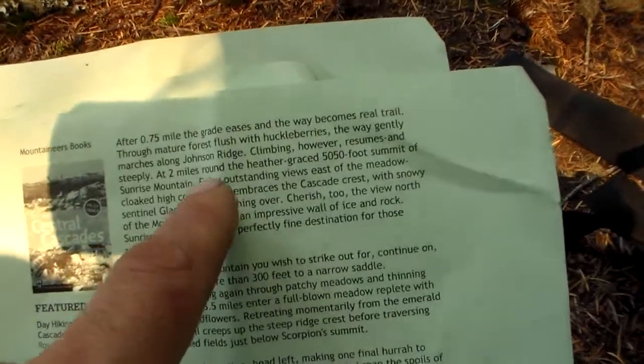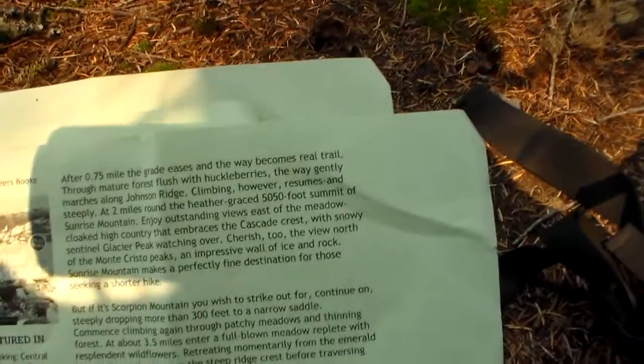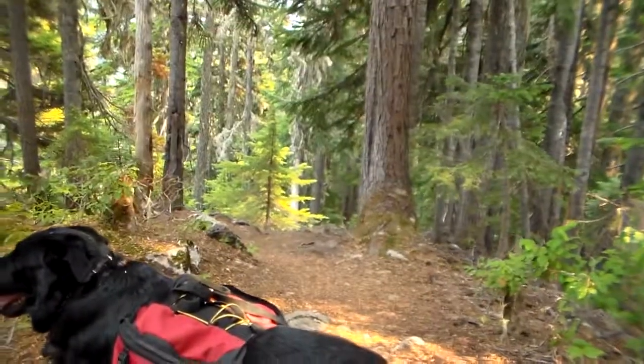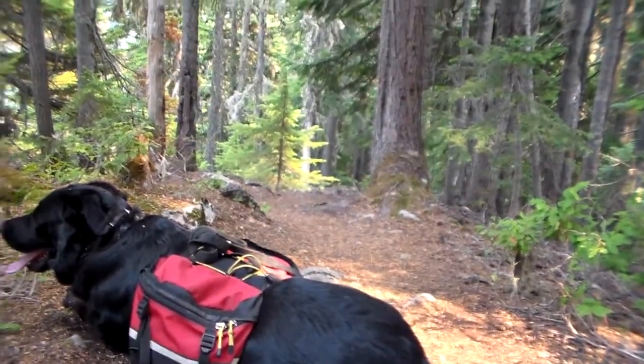And I think I'm just gonna stop here, because if you look right here, I'm already up at 5,050, and it wants me to drop down another 300 and then climb up another 1,000 again before I get to Scorpion. And I'm never going to be able to do that and get off the mountain by the end of the day. It's just not going to happen. I didn't know I was going to have to go back down another 300 feet and then work my way back up another 1,500 feet, because the peak is at